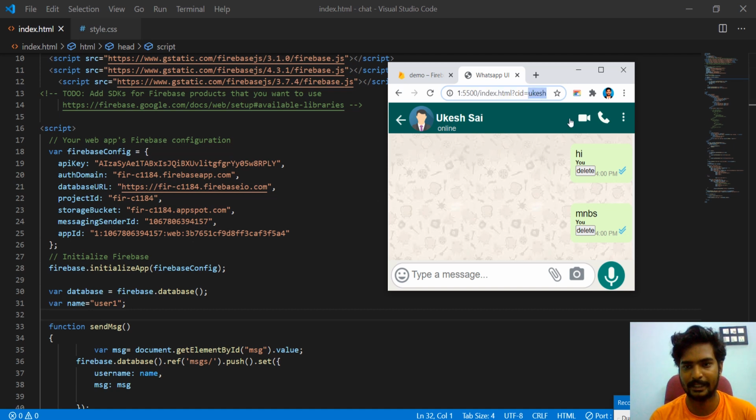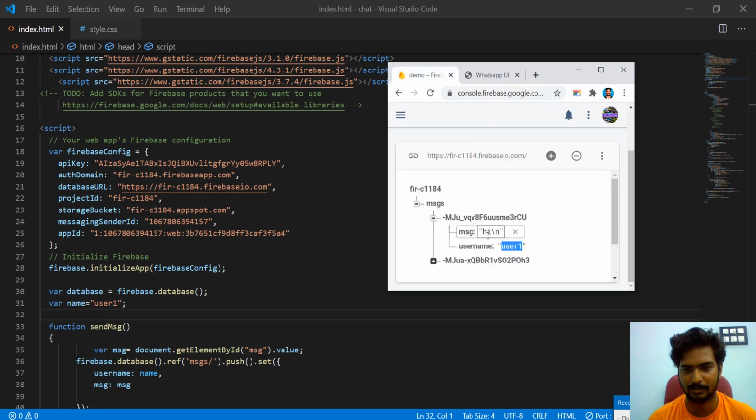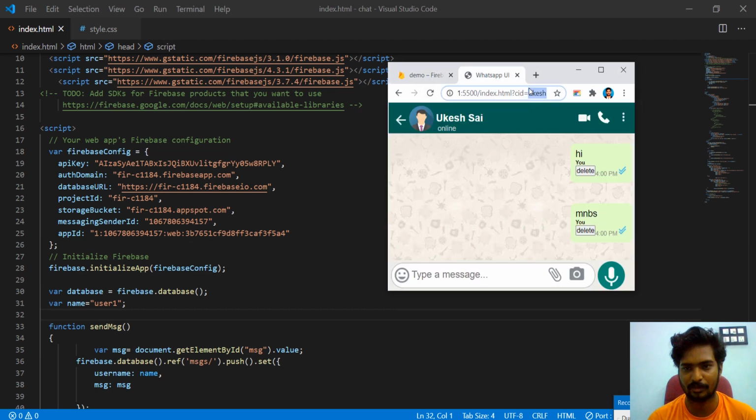On the other end, the username has to be replaced by Yukesh. For a one-to-one chat application we will use the same approach. In a group also, it will be the current user on the right side, and on the left side we will make the other person's name visible. That name will be this username, and we will get it from the UID in the URL.